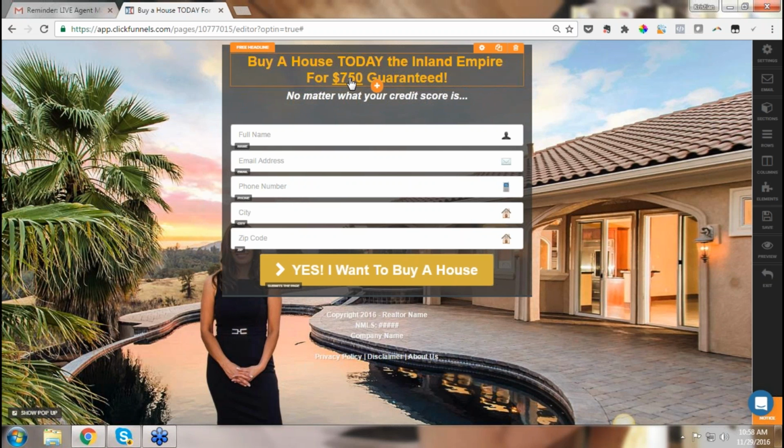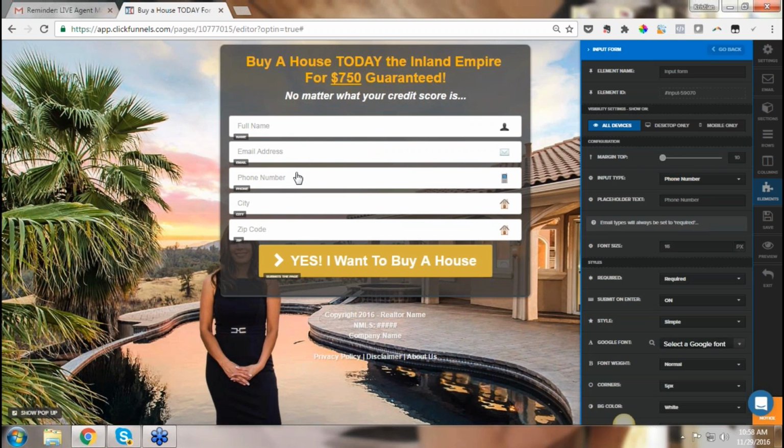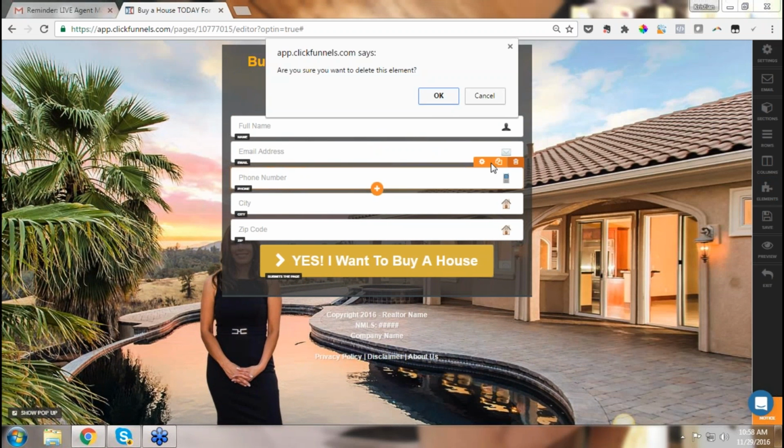Well, I mean that's pretty crazy, right? California real estate prices, but we're not telling you guys to make up some big bold claims. You have to back these claims. Got to be real. But I just want to show you how easy and quickly it is. Everything's drag and drop, right? So we don't need a phone number. Like, I don't need to collect a phone number right now.